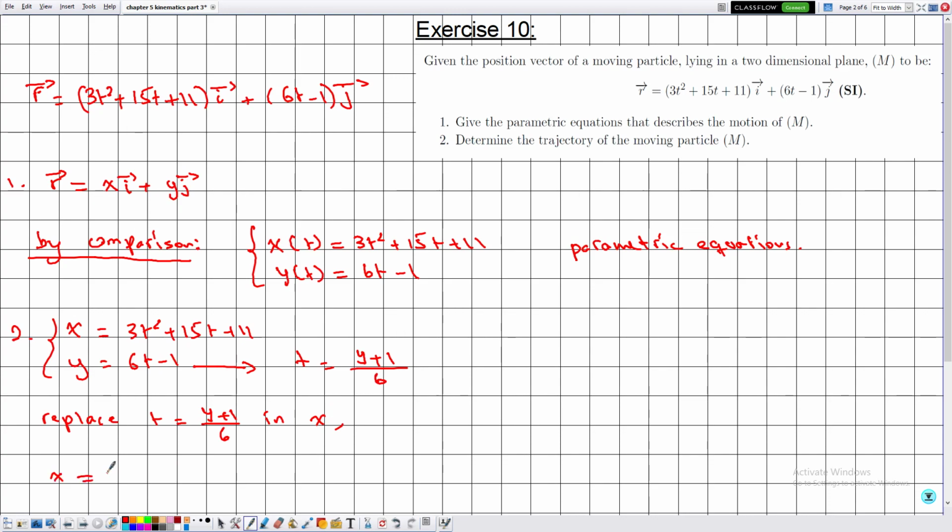Then x is equal to 3 times ((y plus 1) divided by 6) to the power 2 plus 15